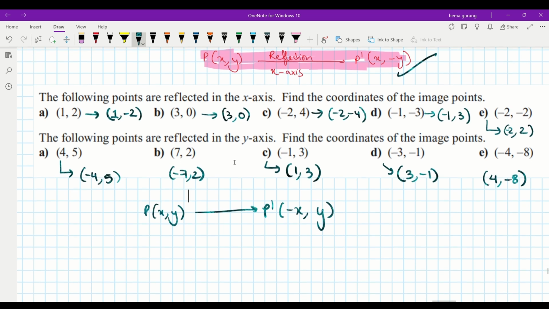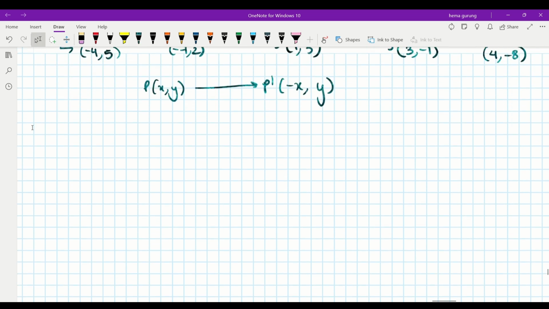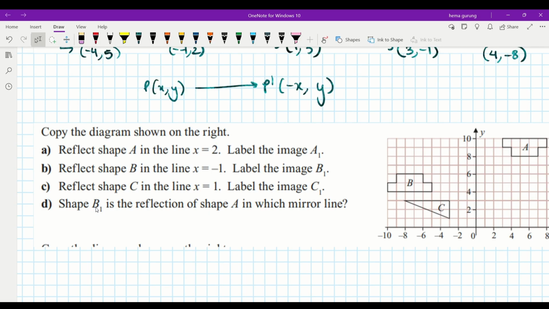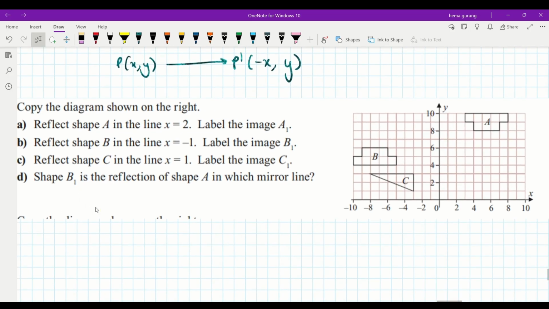Now, we'll go to next, where we'll see the reflection about vertical lines. For example, let's see the question here. We have to reflect shape A in the line. So you see the line of reflection, this time it's x equals 2. So we need to reflect the object, which object? The shape A in the line x equals 2, and label the image as